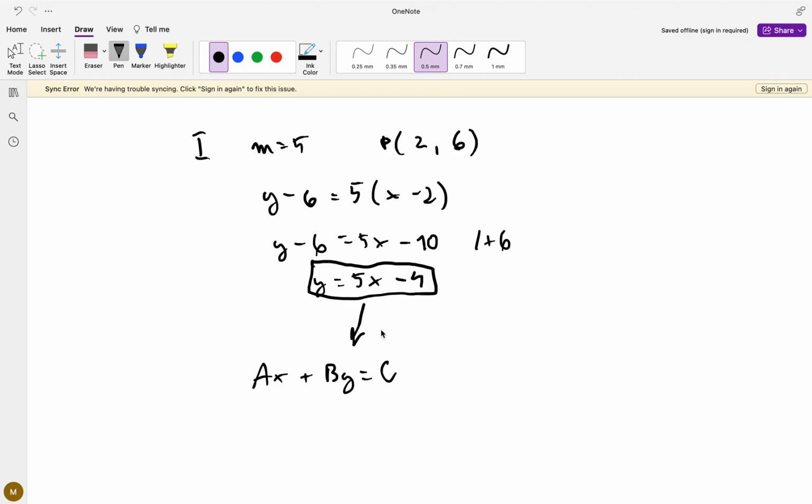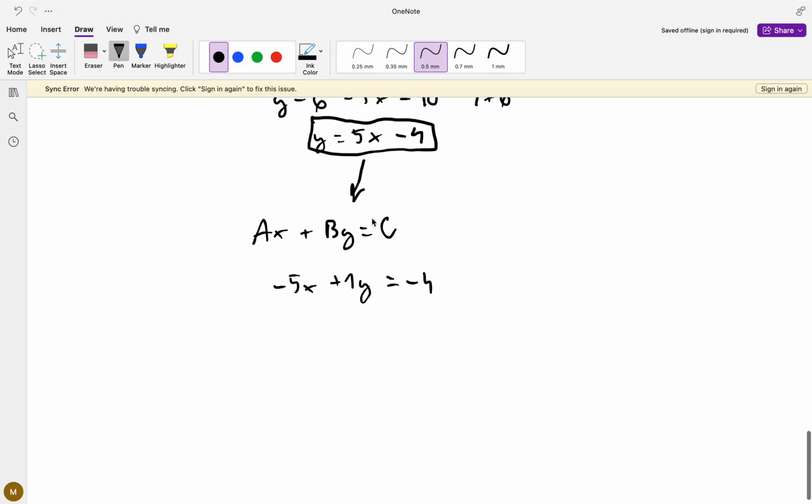It seems that all we have to do is subtract 5x and move it to the other side. So we're going to have negative 5x plus 1y, right? Y has coefficient equal to 1 in front of it already, is equal to negative 4. Okay, so we kind of went through all of the steps given the slope and a point. Now let's